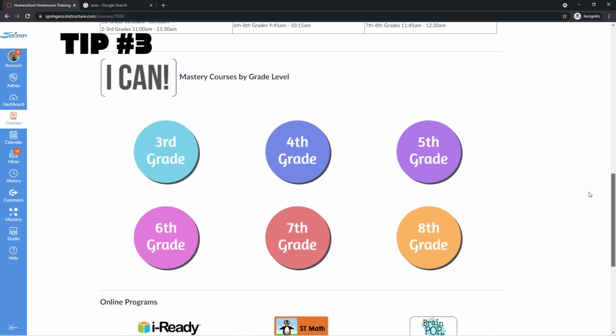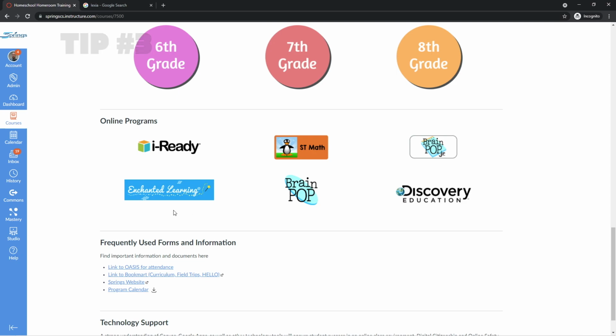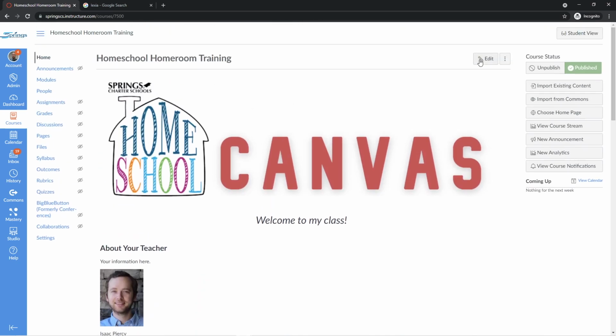For our third tip, I want to combine the first two things that we learned, which is images and links. And I want to show you how to create a clickable image or clickable picture in your Canvas page, similar to these buttons that we have in this template for online programs. So if we go into our edit mode,